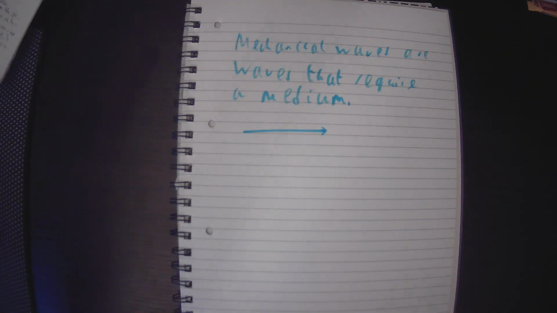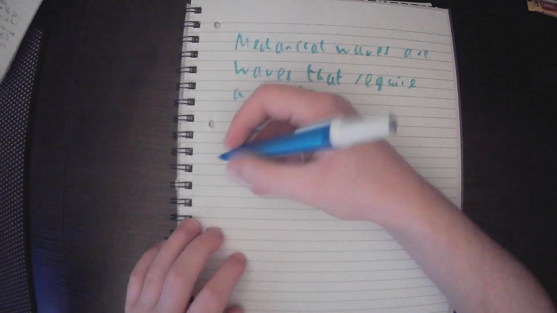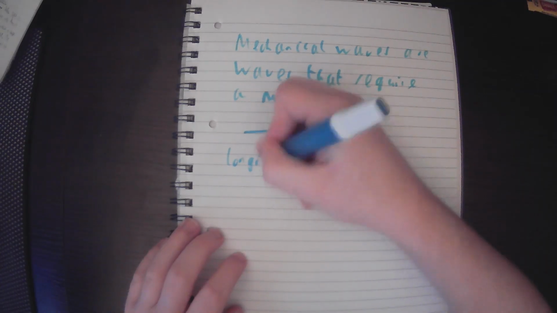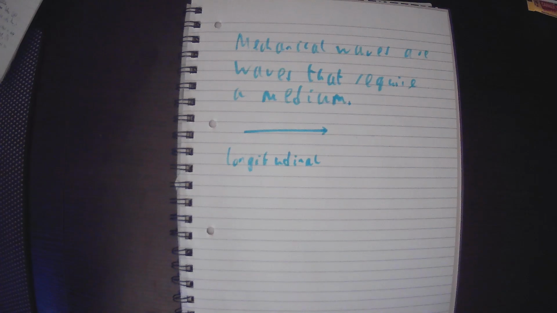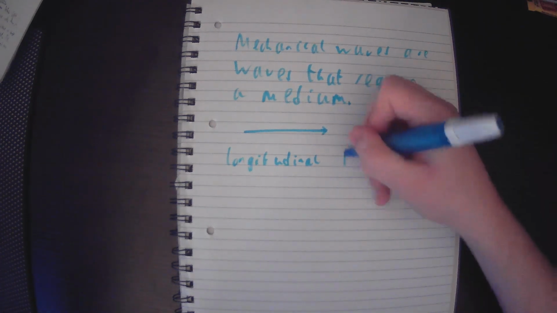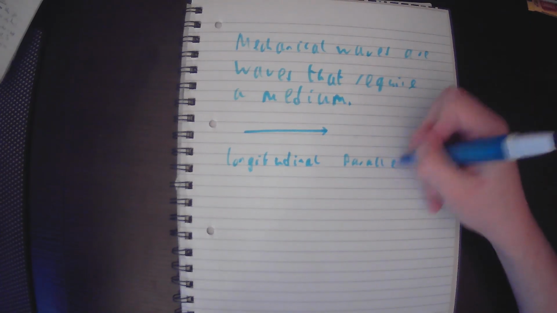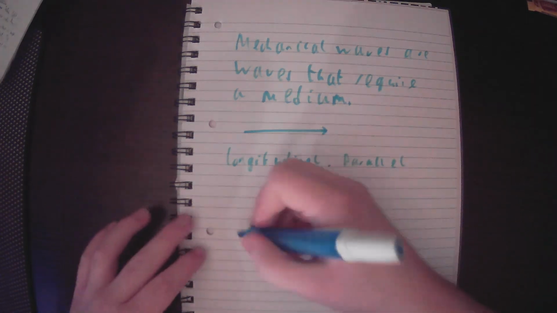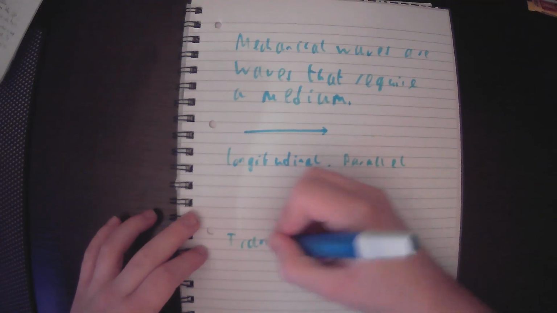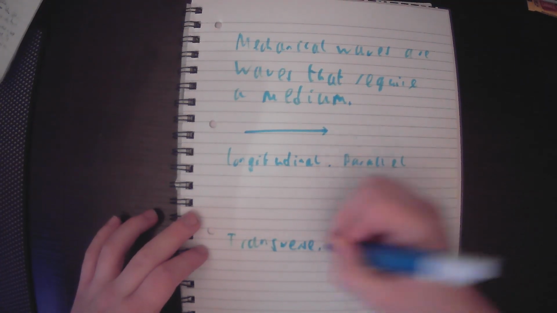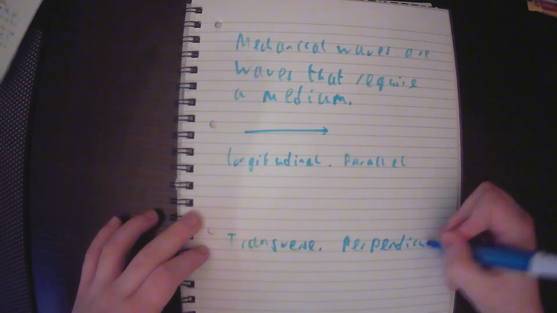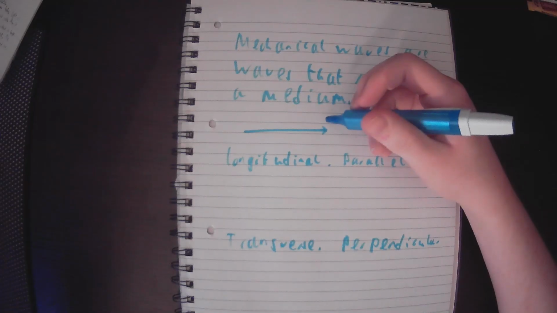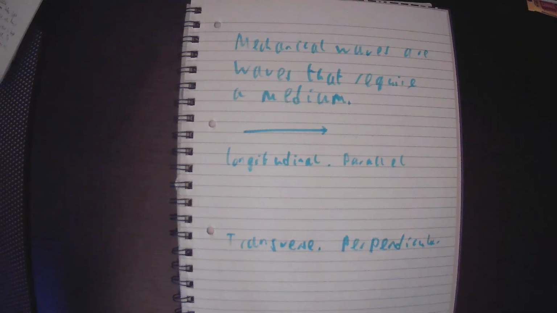But what actually is longitudinal and transverse? Longitudinal is a wave which oscillates parallel to the direction of energy transfer. So parallel. I'm going to leave some space so I can get a drawing. And then transverse oscillates perpendicular to the direction of energy transfer. So if the direction of energy transfer is across that way like that,